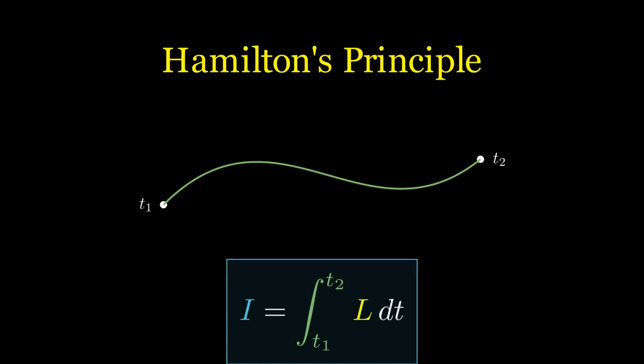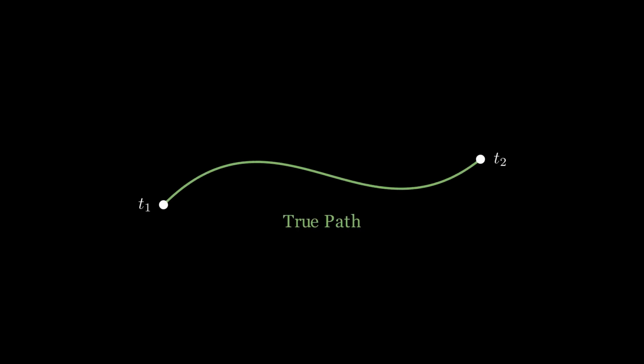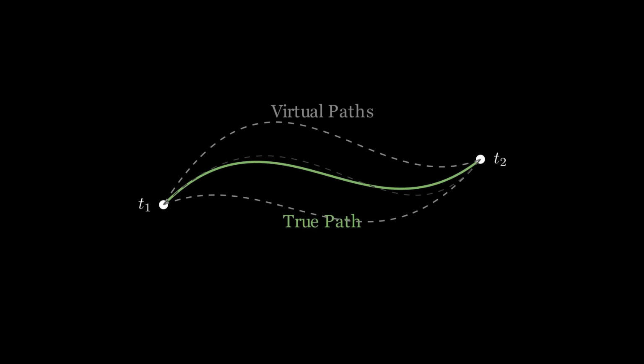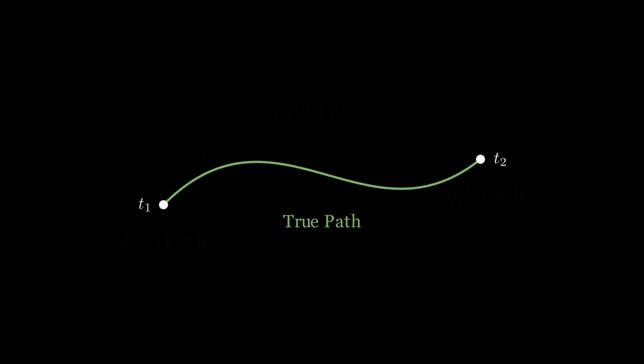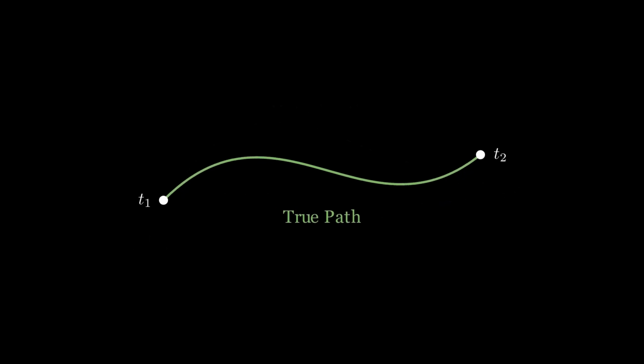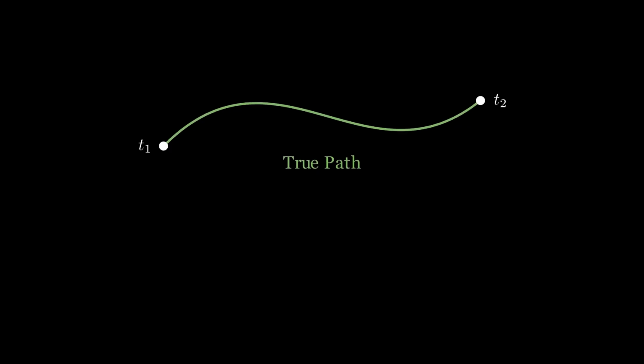Let us rigorously unpack what stationary value means in this context. Out of all the infinitely many mathematically possible continuous paths by which a system could travel from its starting configuration at time t1 to its end configuration at time t2, nature dictates that the system will actually travel along that specific, unique path for which the value of the action integral I is stationary. By stationary, we mean that if we calculate the integral along the true physical path, it yields the exact same value, to within first order infinitesimals, as the integral evaluated along all infinitesimally neighboring virtual paths.